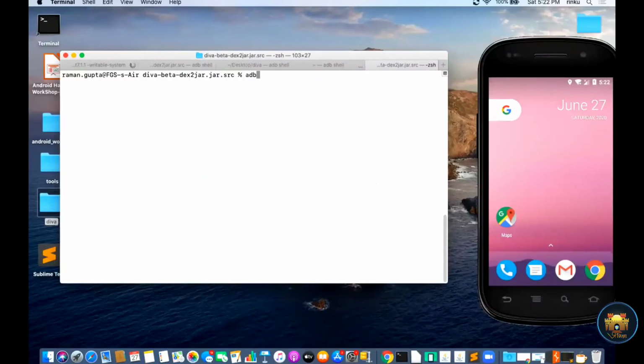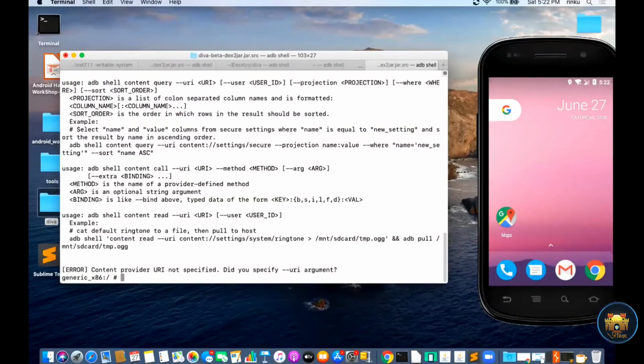After that, go to the ADB shell to get inside the device, and then use the command content, followed by the sub-command query. I am going to query. If you ask for the help details, we can use them. So I am using content query --uri.